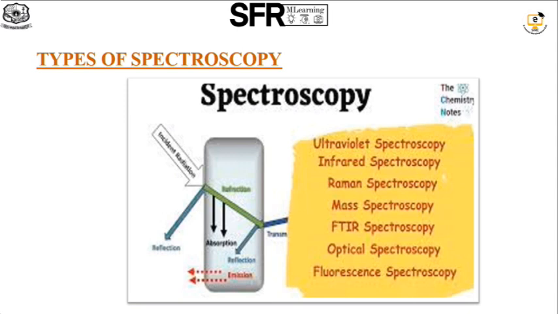There are numerous types of spectroscopy available in research, each with its own distinct principle, techniques and applications. Infrared spectroscopy is used to study molecular vibrations and rotations. Ultraviolet-visible spectroscopy is used to study electronic transitions in molecules. Mass spectroscopy is used to study the mass-to-charge ratio of ions. X-ray spectroscopy is used to study electronic transitions in atoms. Gamma ray spectroscopy is used to study nuclear decays.